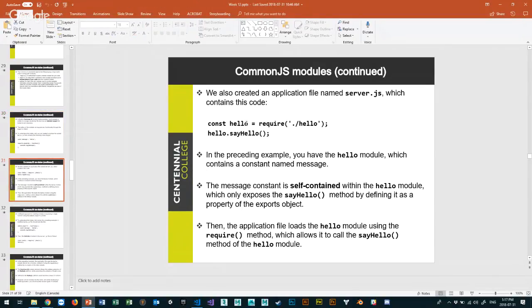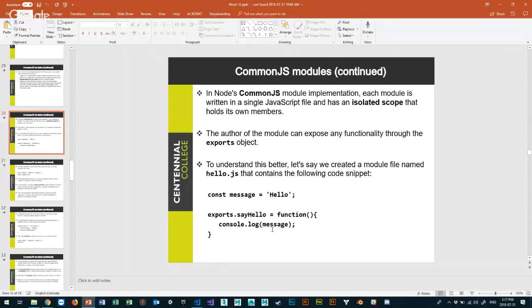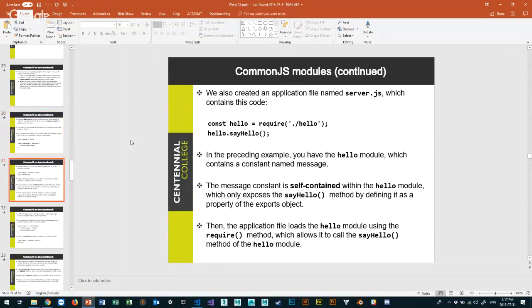So again, here's an example. If this thing was hello.js, let's just suppose, then we can use this syntax where you say something like const hello is equal to require. We use the require method, right? And what we do is we access the hello.js file. Notice that there is no .js at the end. That's just a common thing. We don't have to put it in. It knows it's a JavaScript file because we're requiring JavaScript. We're not requiring something else, right? And then we can then say